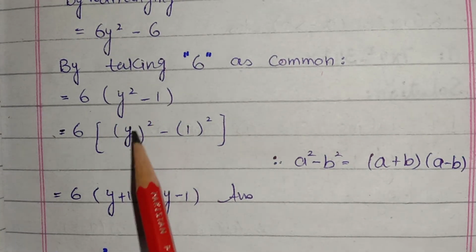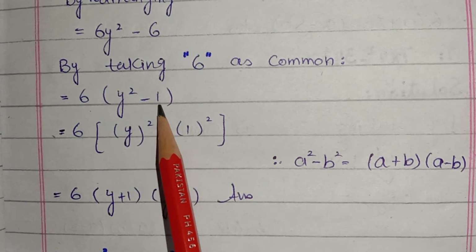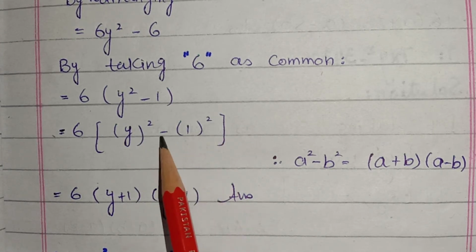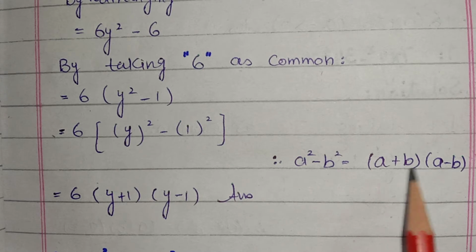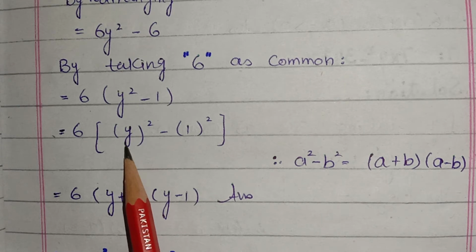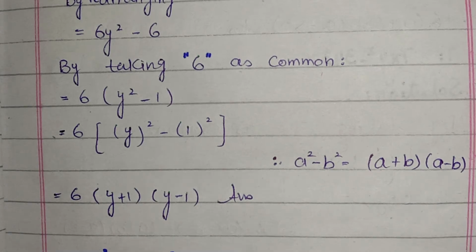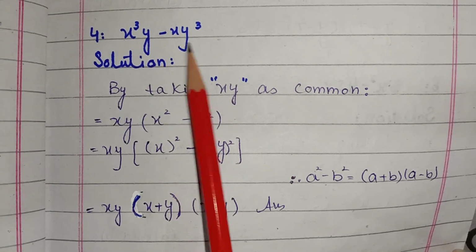Now our common term we will write as it is and we build up the squares. As you all know, y square is the square of y, so we will write here y whole square, then minus as it is, and here we have 1, we build up the square: 1 whole square. As you can see, here we have two terms having squares on them and a minus in between them, so we will use our formula a square minus b square is equal to a plus b into a minus b. The common term we will write as it is, and firstly we will write these two terms having squares on them with plus, and then we will write them with the minus. So we will write 6 into y plus 1 into y minus 1. This is our answer.